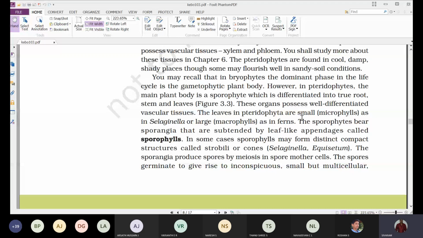And the gametophyte stage is not that elaborate; it is restricted to a small structure. So the dominant stage in pteridophytes is the sporophyte. That means if I'm showing a plant of a pteridophyte, the plant body that we are observing represents the